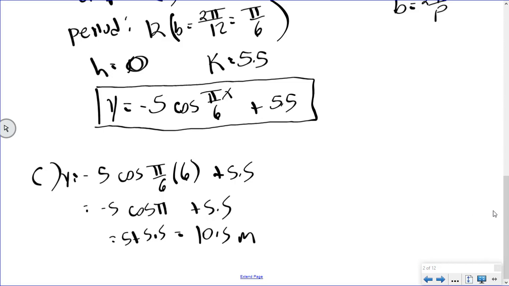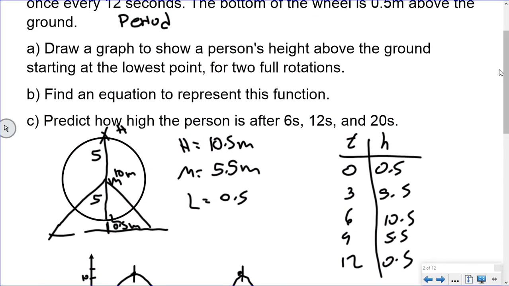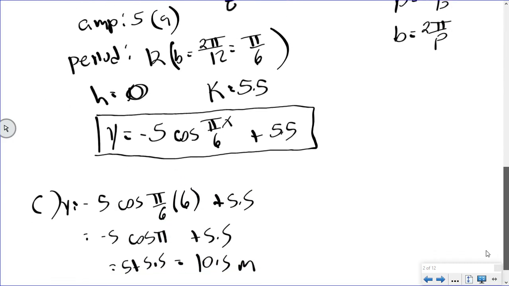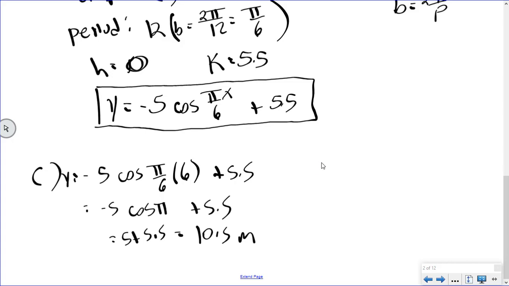So what that means is now I can use that strategy of saying, okay, how much of the period is this? So for part C, for 12 seconds, we could do the same thing and say, okay, instead of plugging 12 in for x and then trying to solve, 12 is one full period. So if I'm talking about a negative cosine graph, it goes from the bottom back to the bottom because that's one full period. Now you can always check that by plugging it in and saying, okay, well, I know that